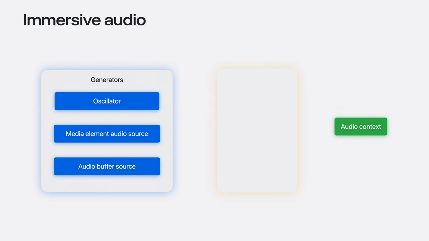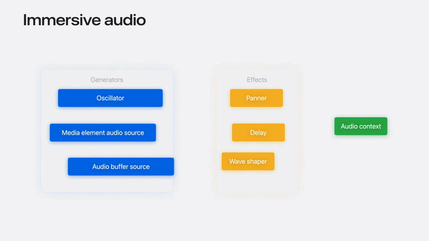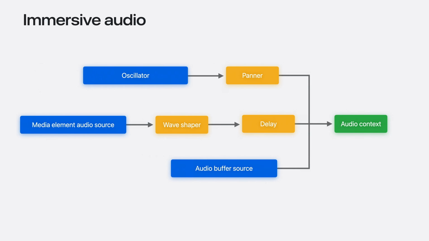Next, we have immersive audio, and you'll love what you hear. Immersive audio in Safari starts with the Web Audio API, and Web Audio starts with creating an audio context. It lets you create new components called nodes, including sound generators and effects that let you assemble a soundscape, just like guitar pedals at a concert or effect machines in an audio mixing booth. These nodes can be connected together any way you want to build an effects chain that you connect back to your audio context, resulting in a sonic environment with adjustable handles for all the generators and effects you create.